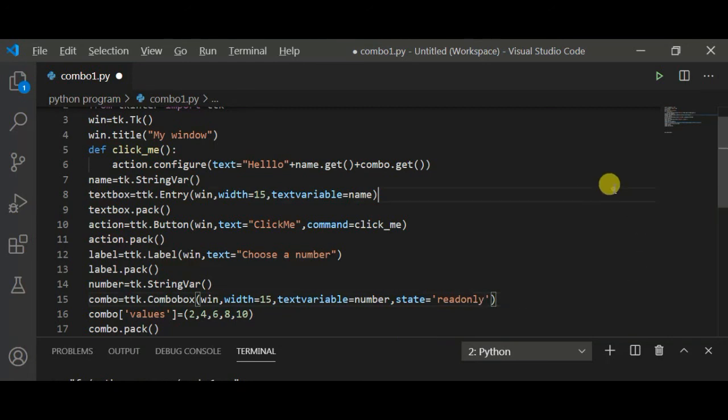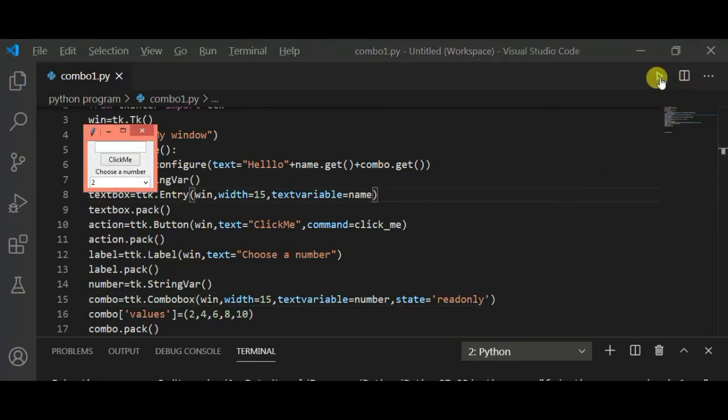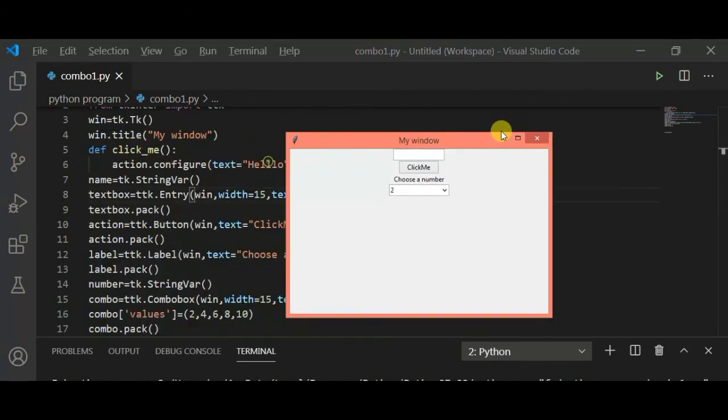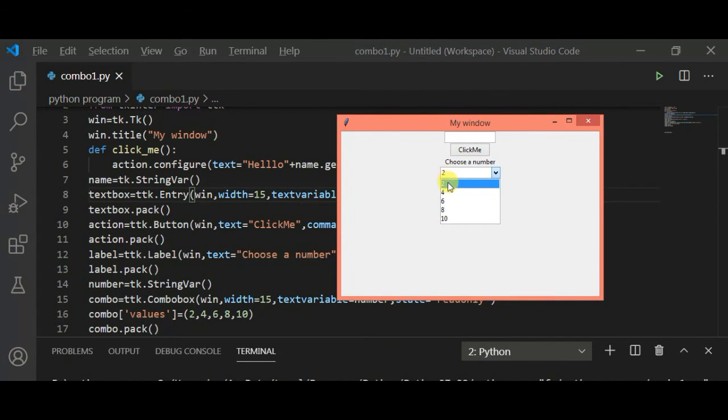Now run it again. Now you will see that you cannot change the value. You can select it but cannot change it. No user can any longer change the value.